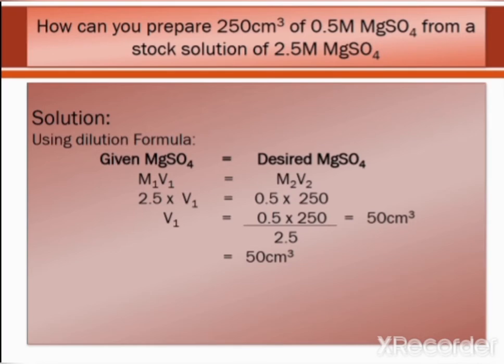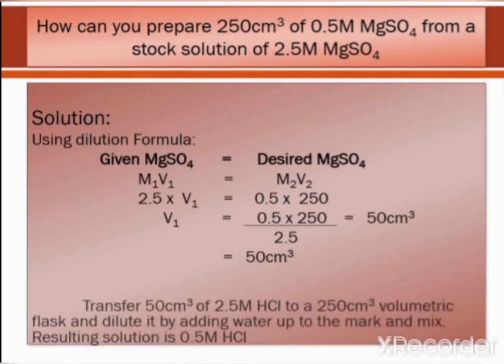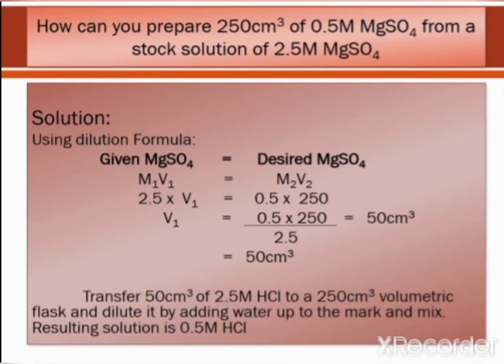So V1 is equal to 0.5 into 250 divided by 2.5. Answer is 50 cubic centimeter. So, for the preparation of 0.5 molar 250 cubic centimeter solution of MgSO4, we will transfer 50